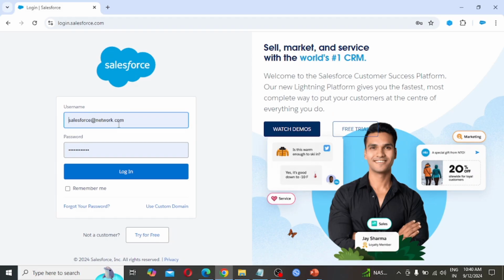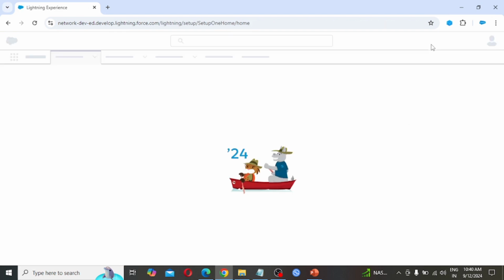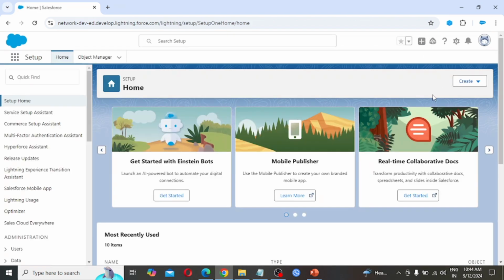So to do the practical, let's log into our Salesforce account. First we need to upload the static resource.